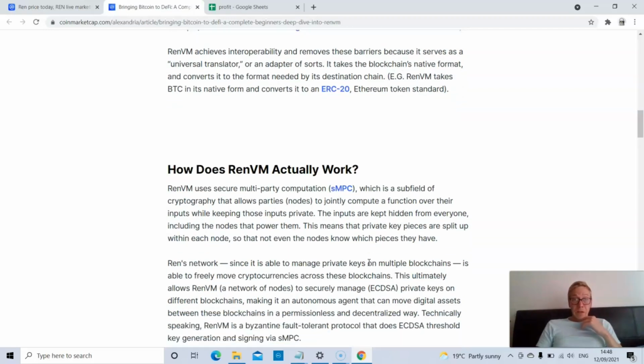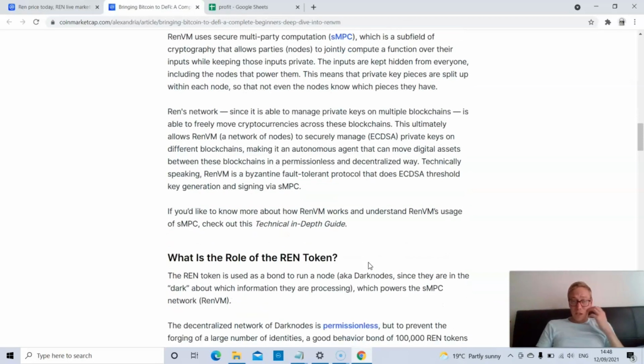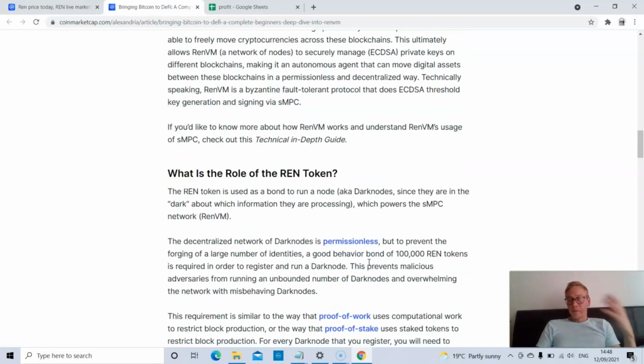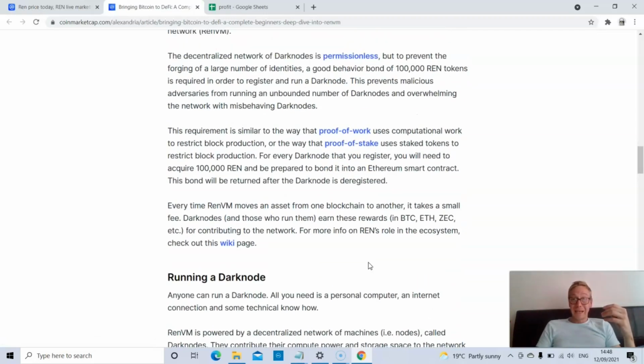And the biggest positive, really, with regards to what Ren actually does, apart from obviously running the nodes, is that because of dark nodes being permissionless, you can prevent the forging of identities. A good behavior bond of 100,000 Ren tokens is required to run a dark node. So it stops